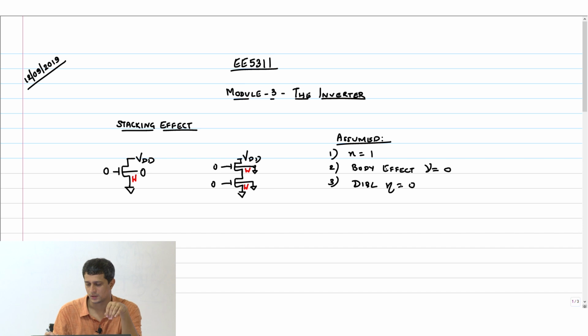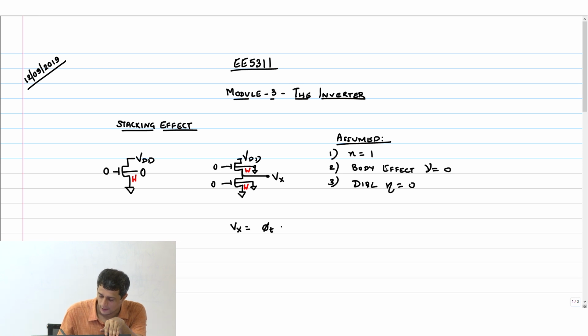We made these assumptions and maybe one more assumption, but we'll come to that when needed, right? And we found out that if you make these assumptions, then this intermediate node Vx basically settles at phi t ln 2, correct? And therefore, if you look at the leakage current through this stack,